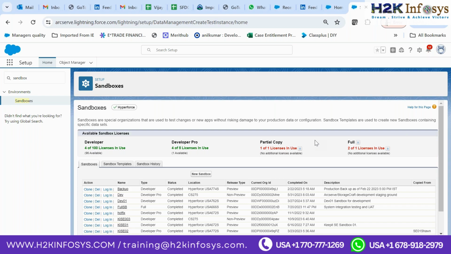That is about full copy sandbox. Whereas partial copy sandbox, that's a partial copy. Partial copy means we can select what data can be copied to the sandbox. Like I need data from accounts and their related objects, so I can select accounts and get data only from that object. Once we refresh the partial copy sandbox, we get data only from accounts or selected objects to